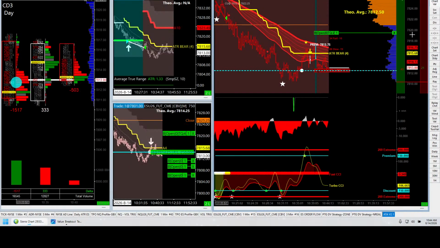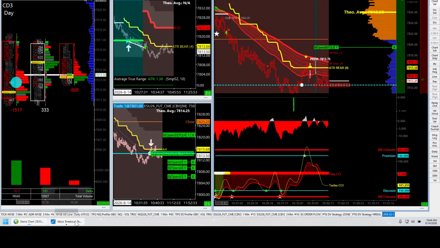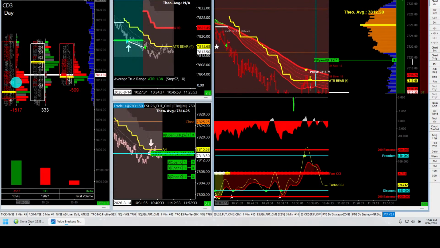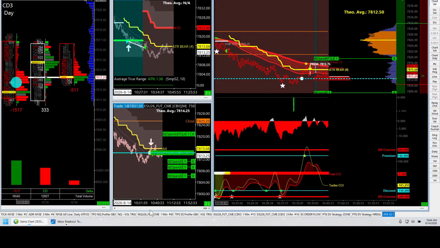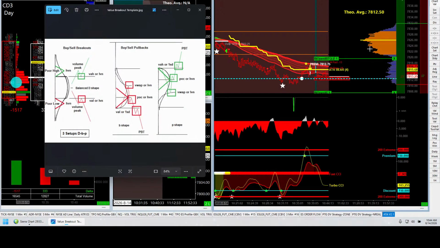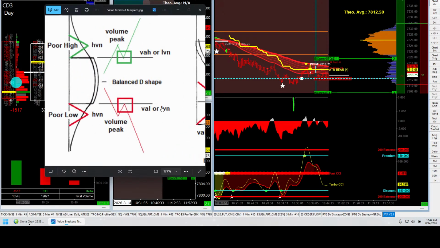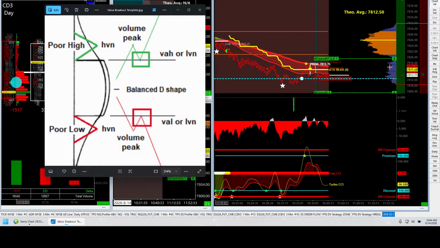okay, and we take a look at what I outlined here. So let's take a look at that delta-shaped profile. Okay, let's kind of go over here. So we had our delta-shaped profile and the price broke down through it here. We saw over here on the right-hand side our increasing volume node. What does that look like over here on the example sheet? Okay, increasing volume node. You see that on the right-hand side there. Price stalled out for a few minutes and then it continued on lower.